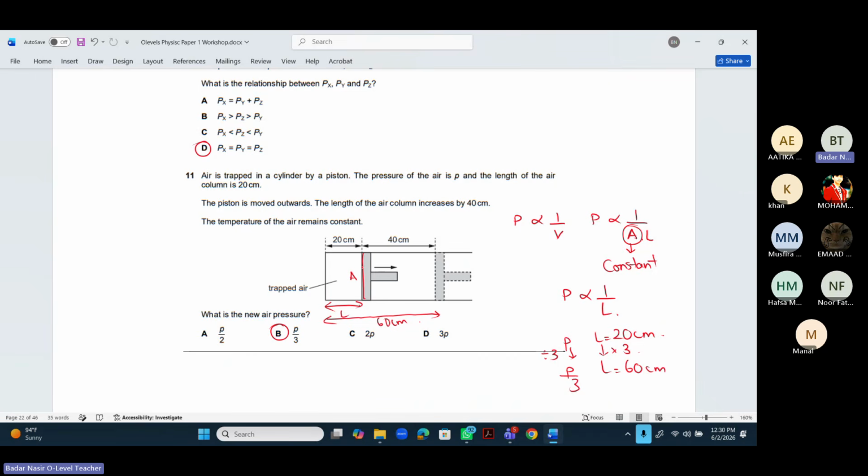सो प्लीज बेटा, प्रेशर एंड वॉल्यूम इज इनवर्सली प्रोपोर्शनल। वॉल्यूम किसके इक्वल होता है? एरिया इनटू द लेंथ। So area is constant, pressure is inversely proportional to the length. So जैसे लेंथ बढ़ेगी तो प्रेशर उतने टाइम्स कम होता है। So when the length is 20, pressure is P। अब जब ये पिस्टन इधर से इधर चला गया तो टोटल लेंथ हो गई 60। तो लेंथ 3 टाइम्स बढ़ने का मतलब है प्रेशर 3 टाइम्स रिड्यूस करेगा। सो द करेक्ट आंसर इज बी।